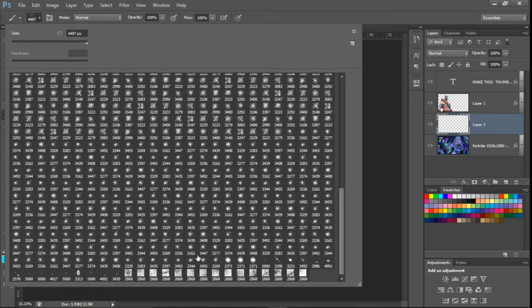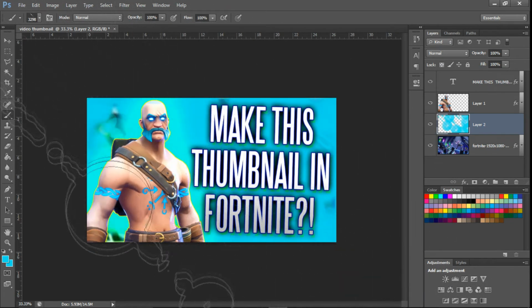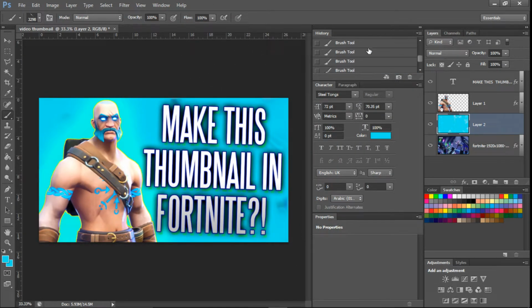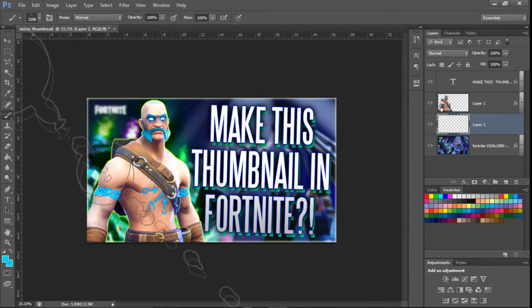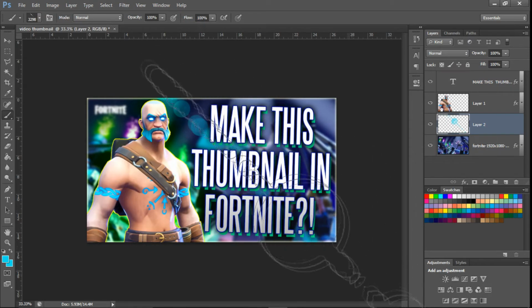thumbnails, right? So if we go down here, I have some lens flares. Let's just pick one of these and show you guys what I'm talking about. As you can see, it adds some bubbling effects and everything like that. And if you want to just fill everything in, boom, you can just hold this down. But that is not what we want. We want to make sure that everything looks nice, right? So if we put that there, that actually does look nice because it's got these bubbles right here that you can see, and it's adding more to the background, but you lose this part of the background as well. So we're going to go ahead and Control Z there, and we're going to